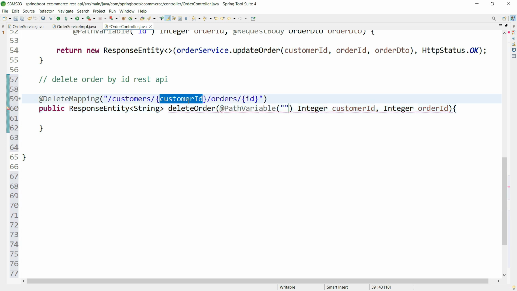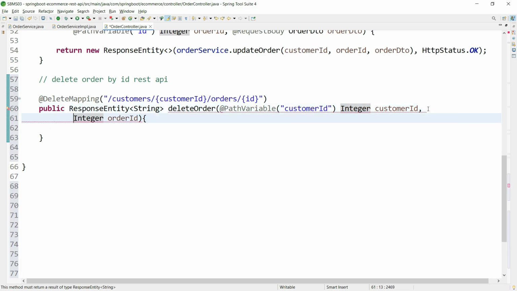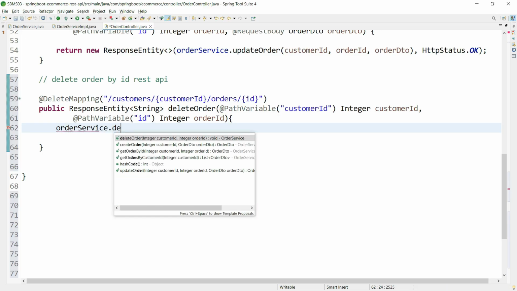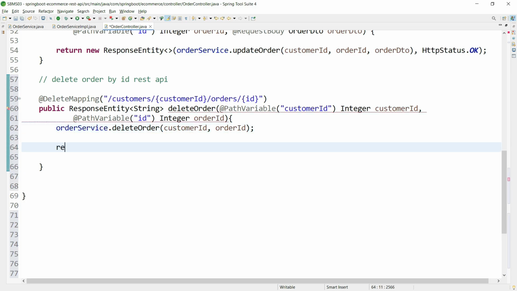Here let's use this customer ID. You can read the values and assign the values to this method. For that I'm using @PathVariable annotation, and also I'm using ID, and I'm calling orderService.deleteOrder. Here I'm passing customer ID and order ID as the arguments and returning a ResponseEntity